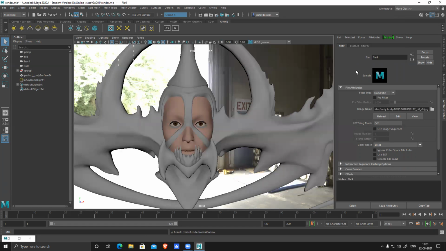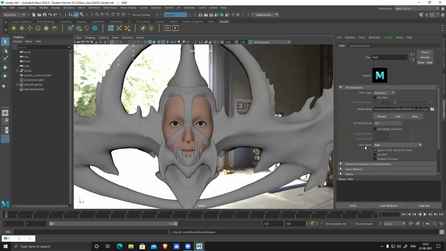Connect the texture. So I haven't done anything. Everything is the same. But whenever you apply any grayscale map, this is really important. Make sure of Raw. Whenever you assign any grayscale map, change the color space to Raw and ignore color space file rules. If you do this, it won't give you any error. Otherwise, it will render, but it will show you an error.